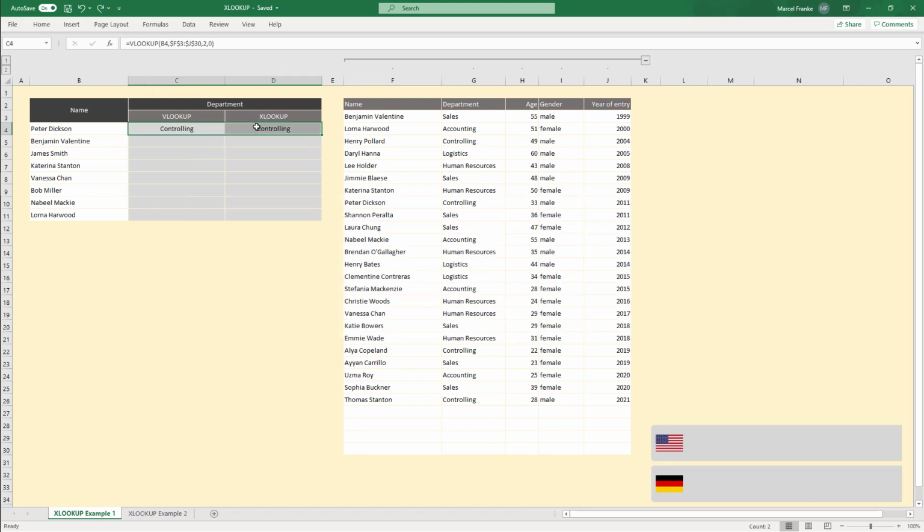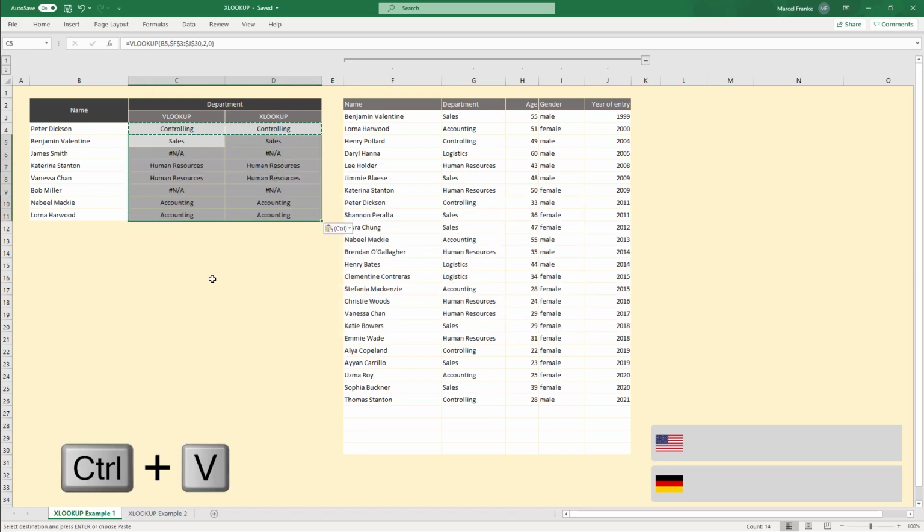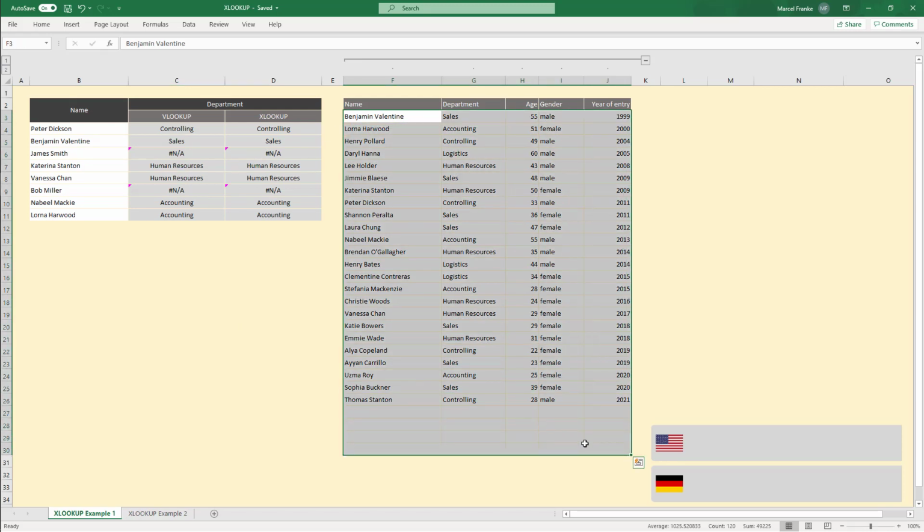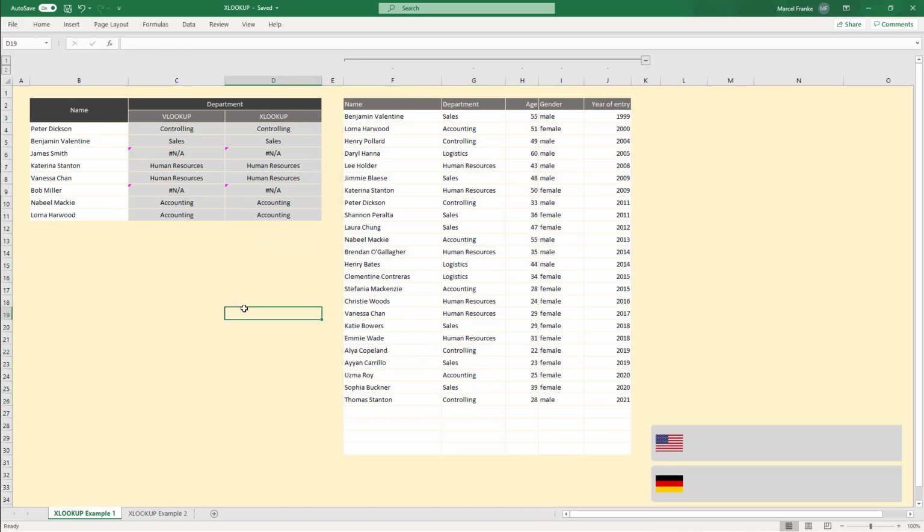Let's now copy and paste those functions down to the other cells. And as you can see, we get back some NA errors here. And they mean that James Smith and Bob Miller couldn't be found in our table here. And now we want to get rid of those NAs, and instead we want to get back a string, which is called not defined. And to do that, we can go to our VLOOKUP function and type in another function